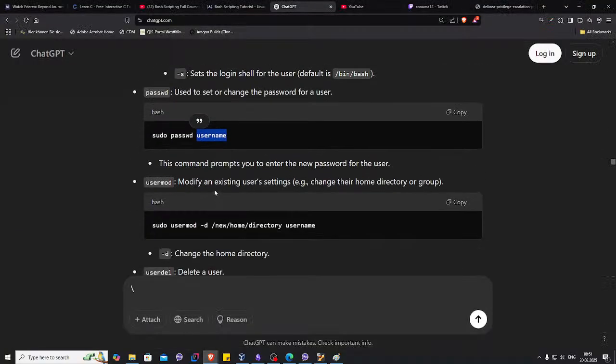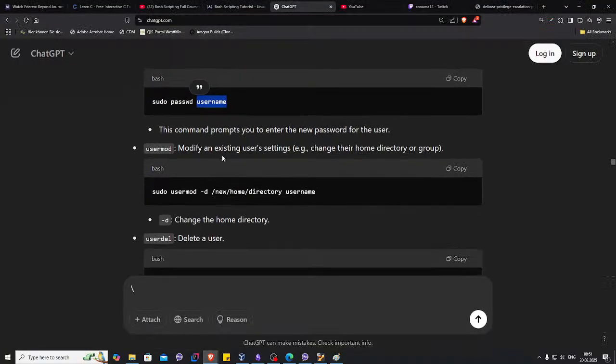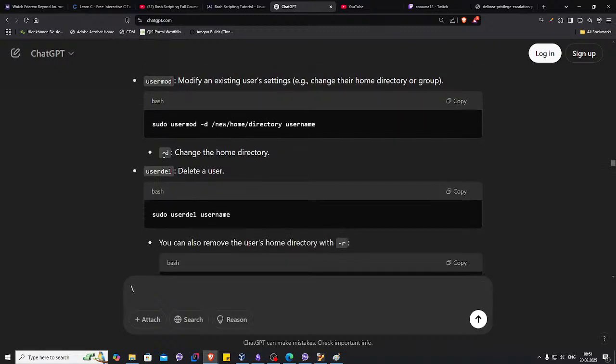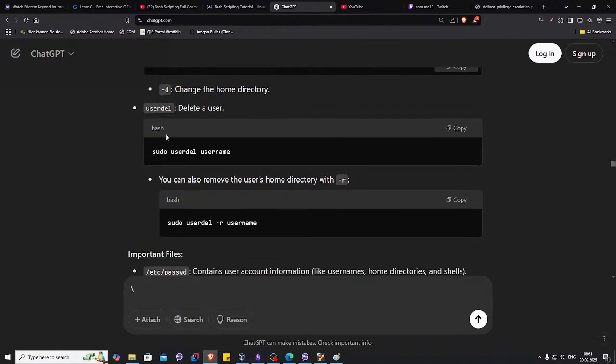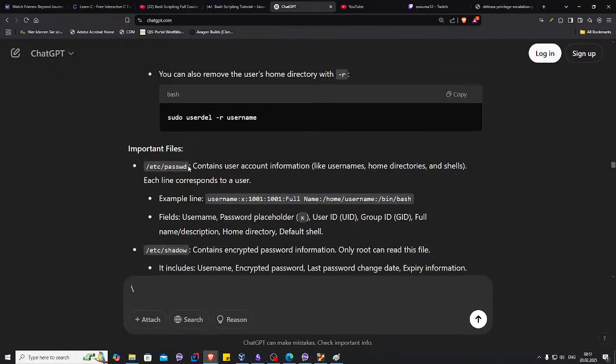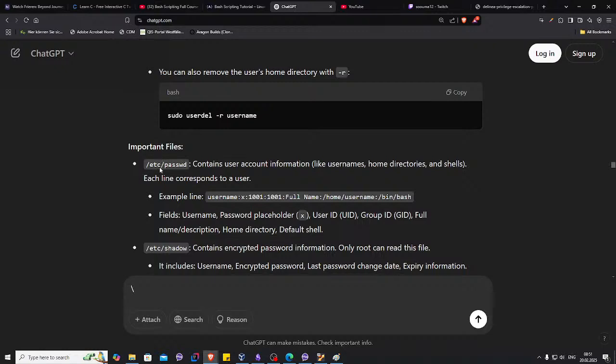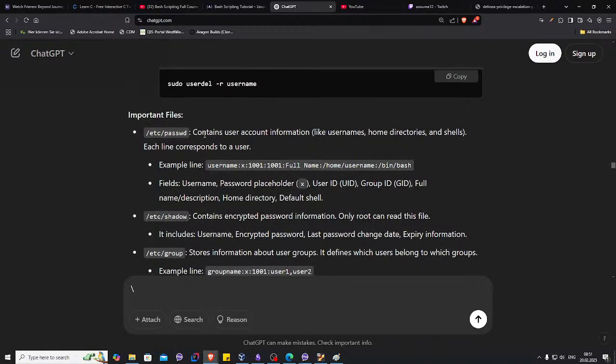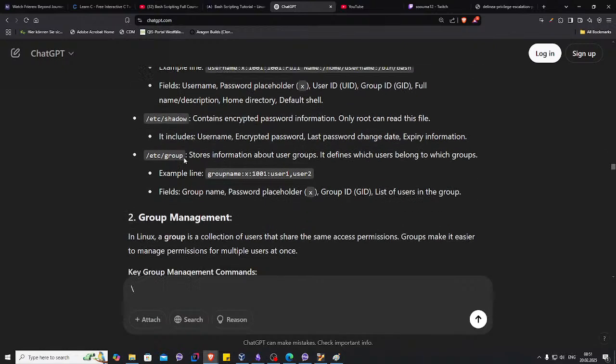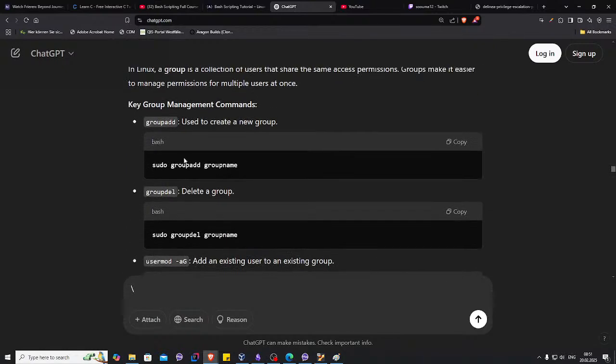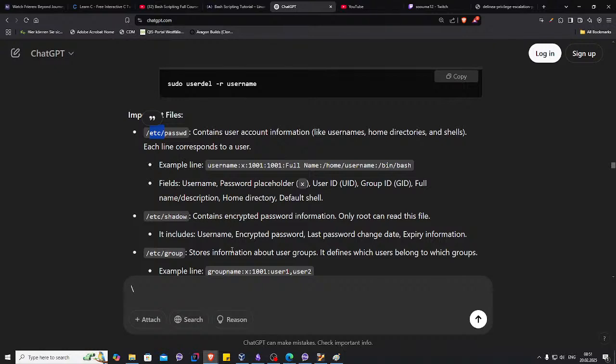Okay, we create the password, modify an existing user's settings with usermod, change the home directory, forget about that one, and then we have delete user. Important files: we have the passwd one, which contains user account information like username, home directories, and shell. Each line represents a user. We will get to that line in a second. And that's group management. But before that,